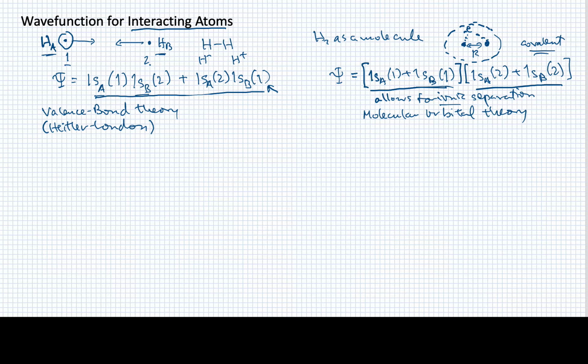And this was one that was largely developed in the 1930s by Robert Mulliken. And it is the one that is, I'll say, the predominant approach that is used today in describing the electronic structure of molecules. Okay, these two entities that we've drawn here are essentially what we're calling molecular orbitals. And we'll have a lot more to say about molecular orbitals, but it turns out that this approach, because of